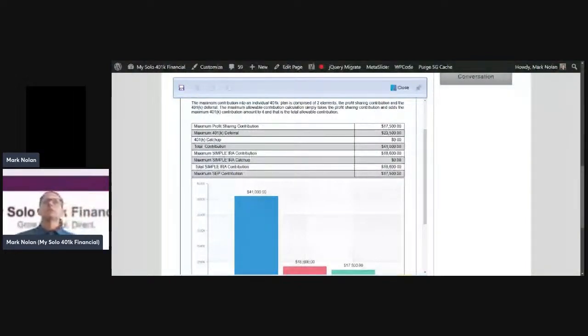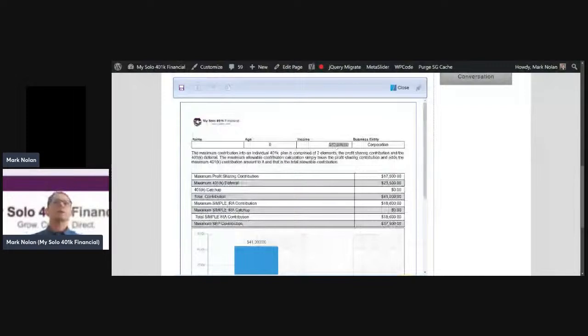So if you pay yourself at least $70,000 of W-2 wages, you can do that full $70,000 as a voluntary after-tax solo 401k contribution. And then once you make that contribution to the separate holding account under the solo 401k, the bank or brokerage account, then you can convert that $70,000 to the Roth solo 401k or the Roth IRA. So in short, you only need to pay yourself a maximum of $70,000 to contribute that full maximum solo 401k contribution of $70,000 as a voluntary after tax, and then convert it over to the Roth solo 401k.